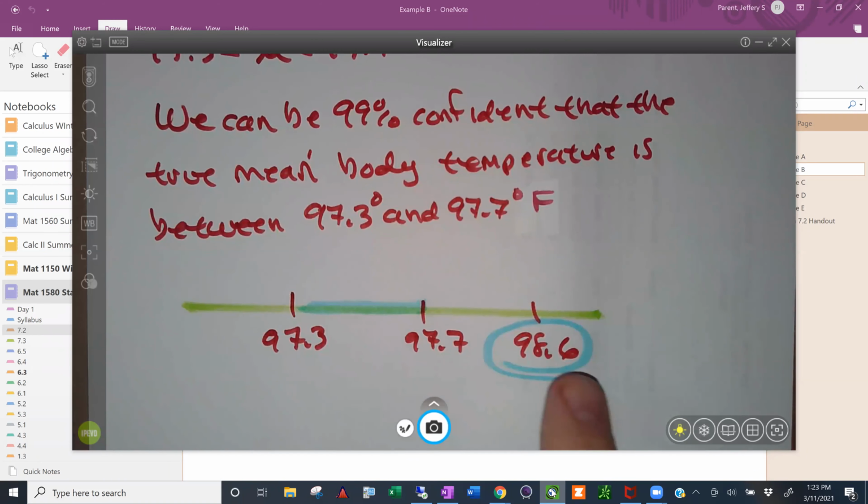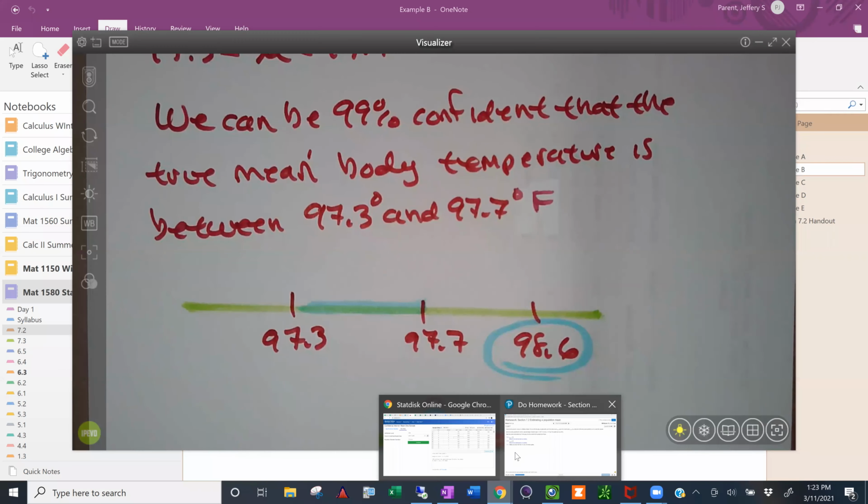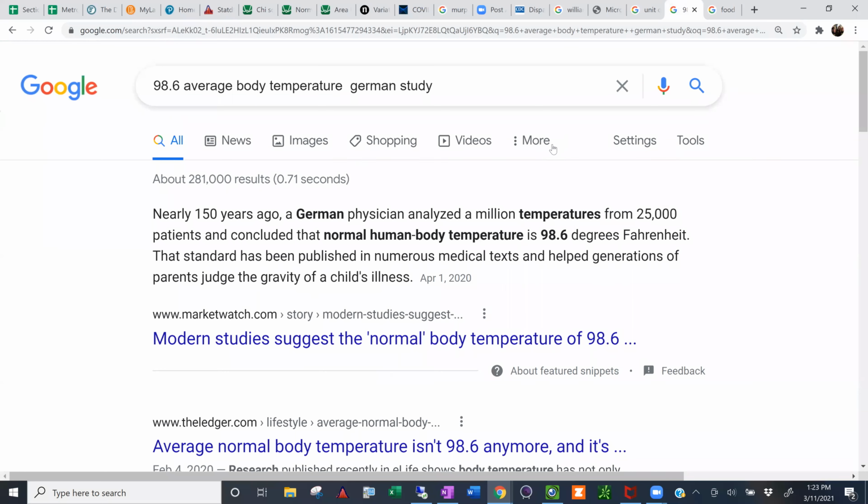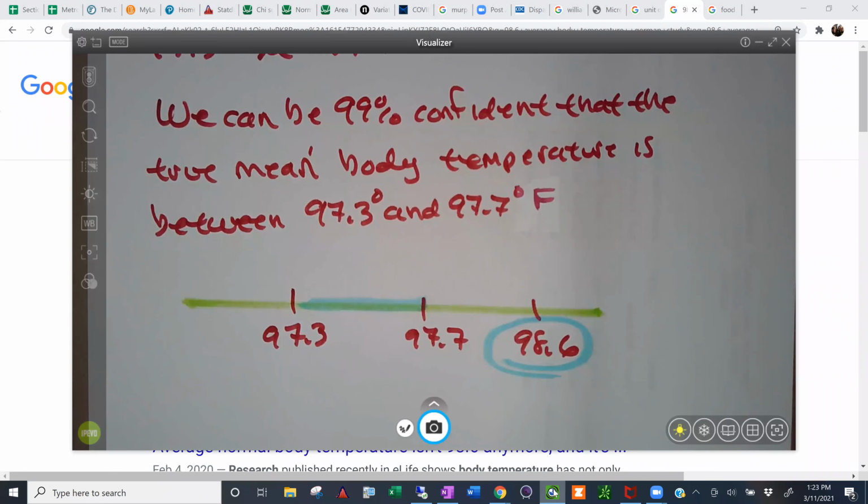Yeah. This is a really old value. Have I talked about that to you guys? Where this number came from? All right, let me just mention a quick word about that then. It comes from an old German study. It's 150 years old. And this German physician analyzed like 1 million temperatures from 25,000 people. I mean, wow. It's just a crazy amount of data to have to collect and analyze by hand. So A+ on perseverance there, but